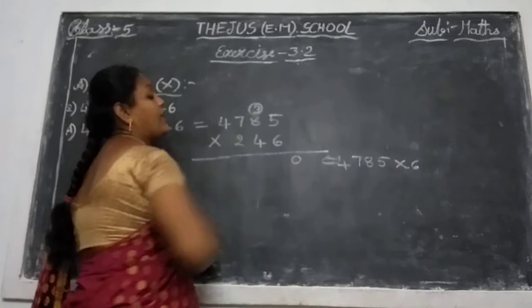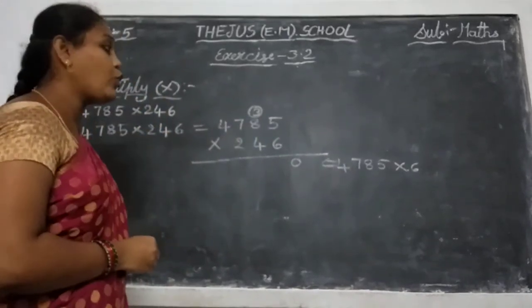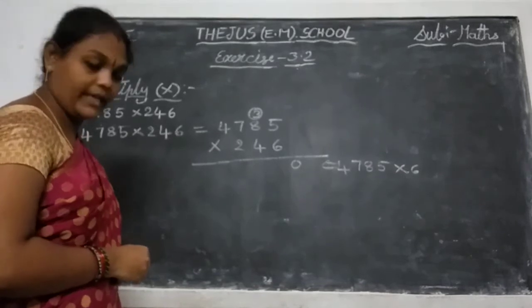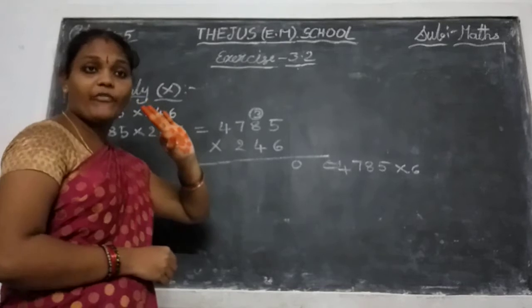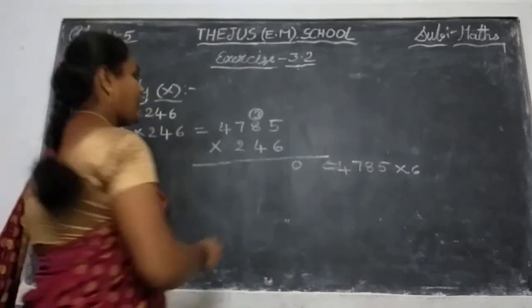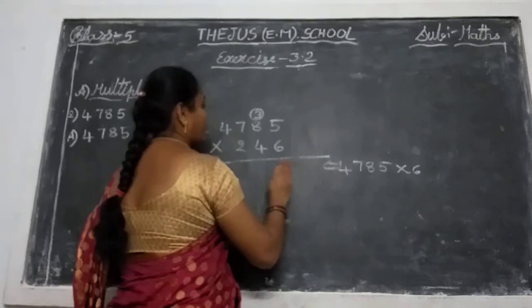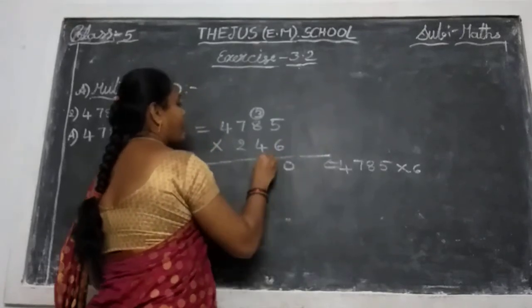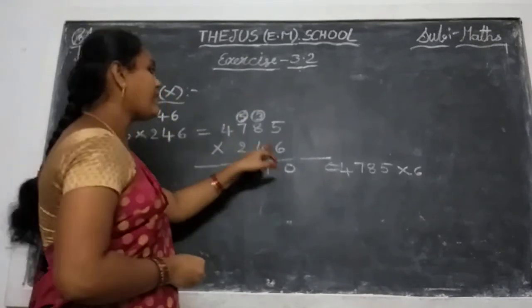Now 6 8s: 6 5s are 30, 6 6s are 36, 6 7s are 42, 6 8s are 48. That 48, keep in your mind. Take these 3 fingers. 48 after 49, 50, 51. So this one is also a double digit number. 51: 1 right here and 5 right here. Next number upside.